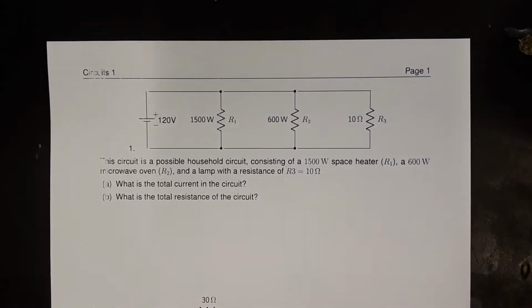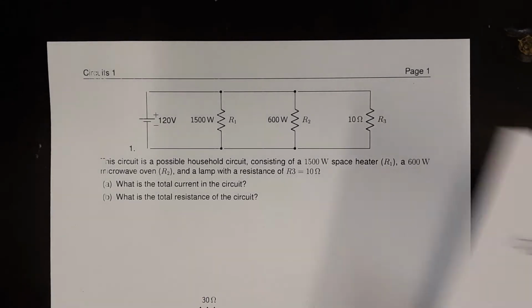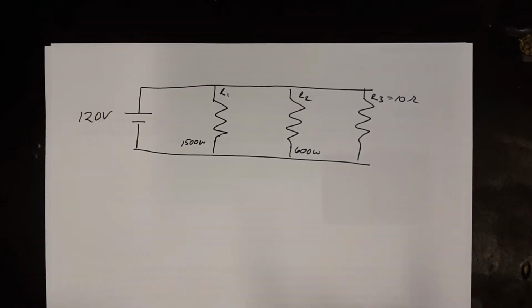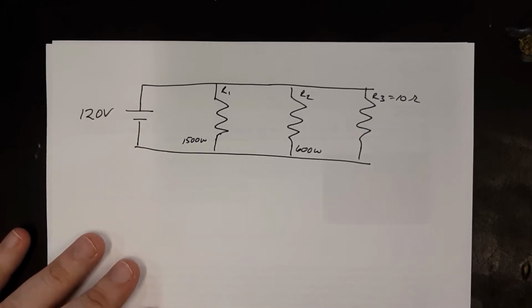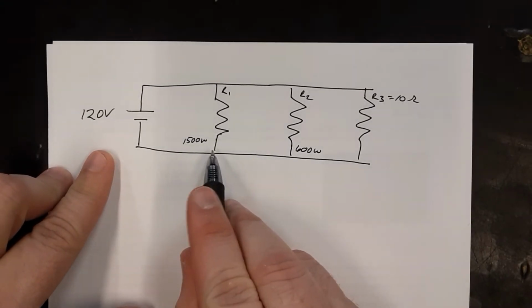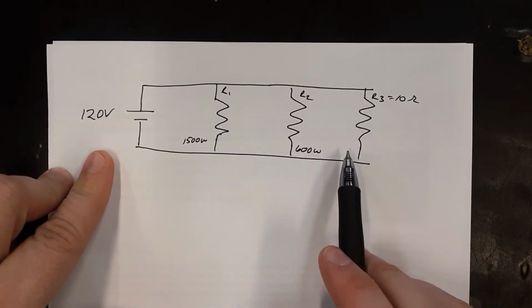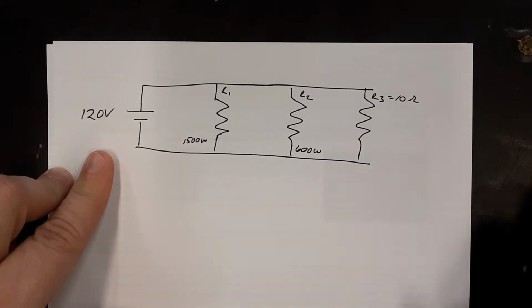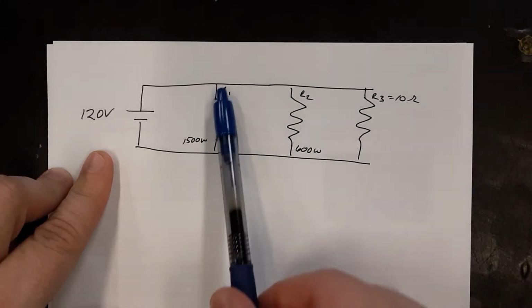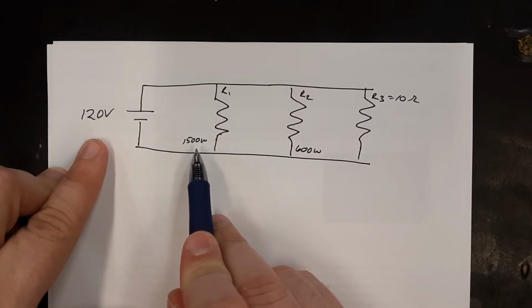Right. So there's our problem again. And this is what you should have in front of you as you're working. But I've drawn it out here like this so I can work with it. And so we're going to start with the first one, right? We've got to find the total current, so we've got to find what goes down through each resistor. Right? And then we also have to find these resistances eventually. And what we have in these two cases